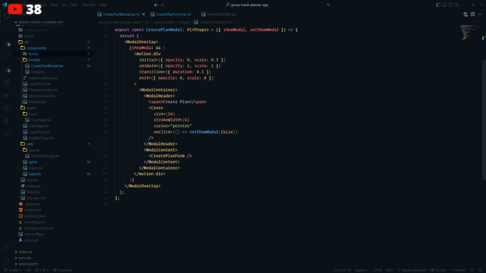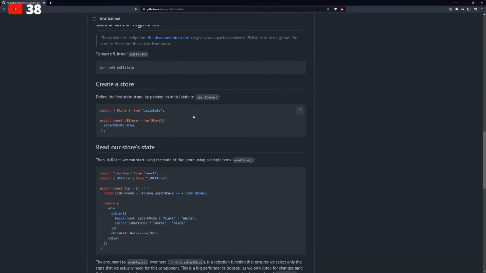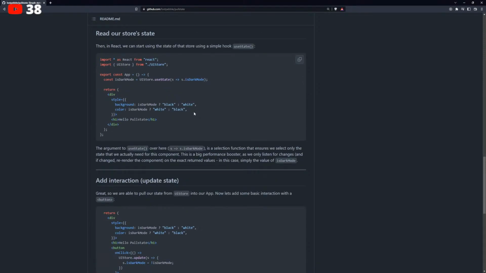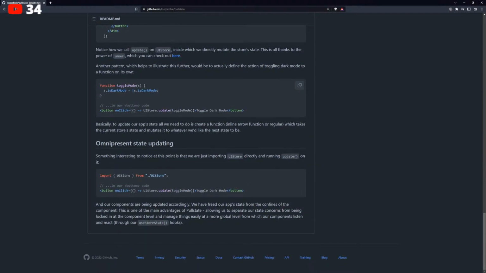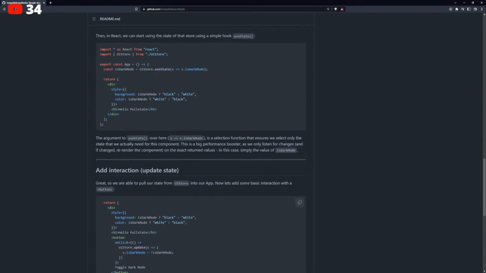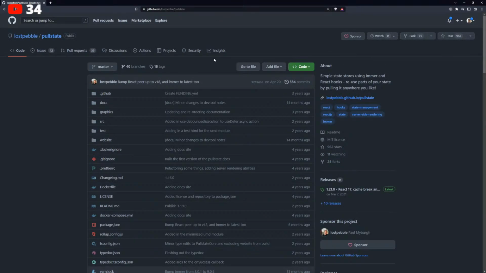We could use Zustand, but I've used Pull State before, which is really simple. Nah, I don't want all my state in local storage.